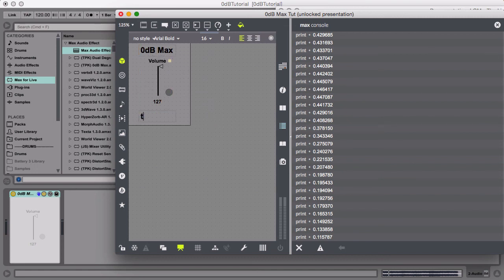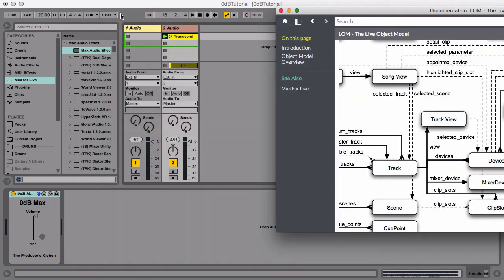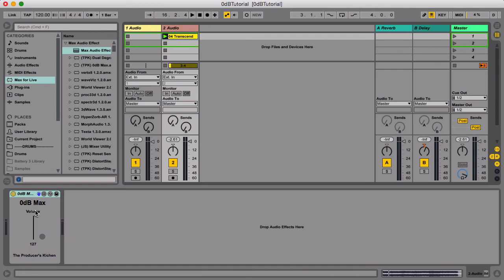The Producer's Kitchen. That's too big. Take that down, size it up, Command J, save, looks good, close. And now I have a working